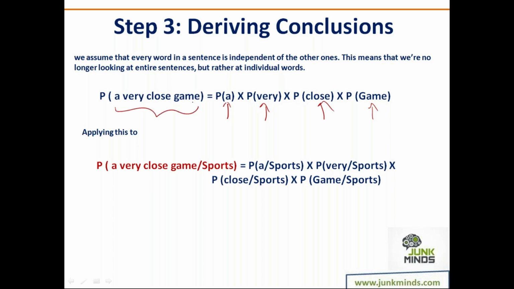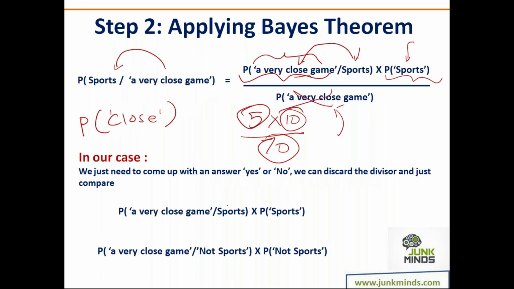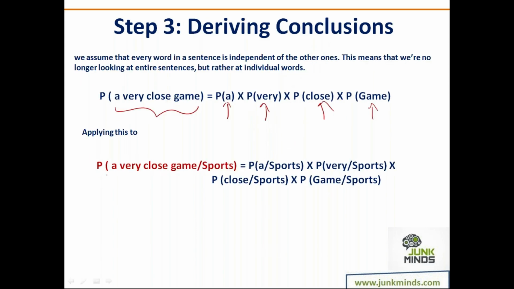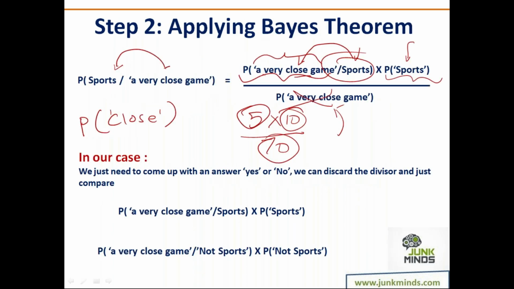Is this understood, please? But I'm not just interested in this. I'm interested in the probability of this with reference to sports. So the probability of this statement with reference to sports is the probabilities divided by sports. Basically, all I've done is I've divided it with the probability of sports on both the sides. So that is how it is going to happen. So guys, it's pretty simple. For me to get this, I'll just erase everything.